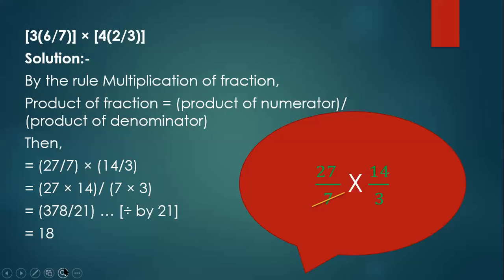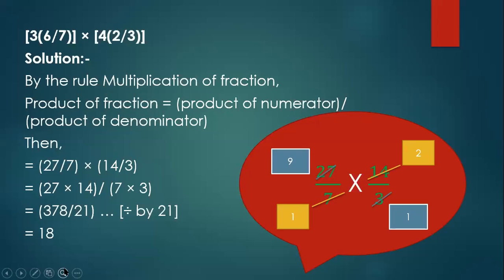Children, in 7's table 7 comes 1 time, 14 goes 2 times, and in 3's table 27 comes 9 times. So here we have in the numerators 9 multiplied by 2, 18, and 1 multiplied by 1, 1. So we are left with 18 by 1, which is nothing but 18. I hope this is clear to you all. Okay, now